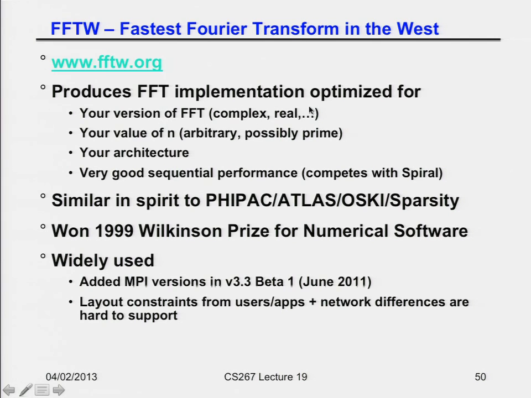because there's a complex version, the sine transform, the cosine transform. It'll say what value of n do you want it to run on. It doesn't have to be a power of 2. You can say I want it for any number you like. Could be a prime number. It'll still do a very good job there. What architecture do you want to run it on? And it will hand you a very, very good sequential implementation,